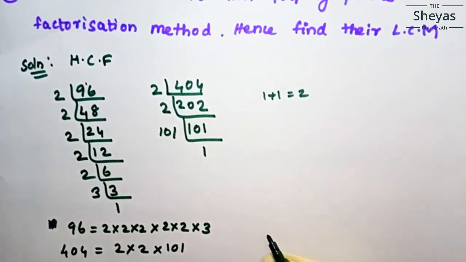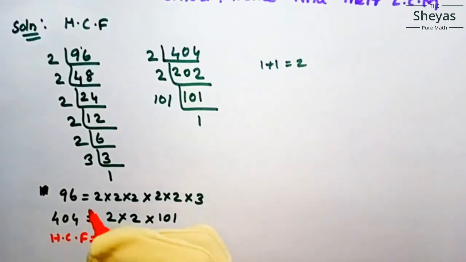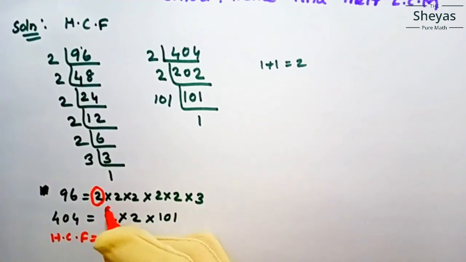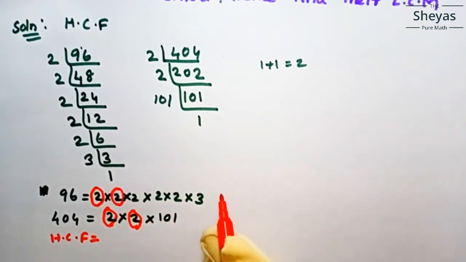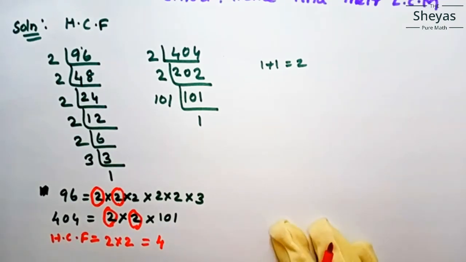Now we have got the prime factors, and using this we are going to find the HCF, the highest common factor. Just see how to find the common factors. 2 is here and 2 is also here, so this is common. The next 2 is also common, and here also you have 2. All others are not common: you don't have any more 2s here, and you don't have 101 here. Only these two are common factors. So 2 into 2, 4, is the highest common factor. So you have found that the HCF is equal to 4.